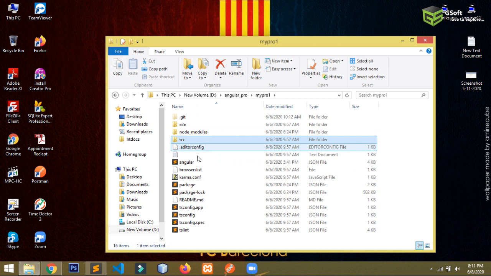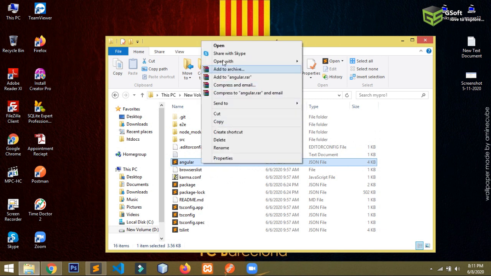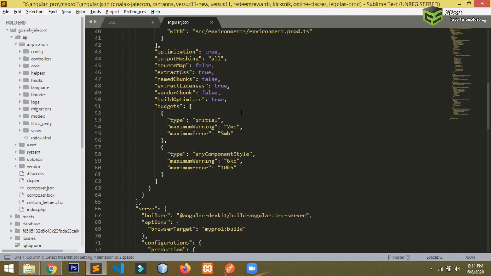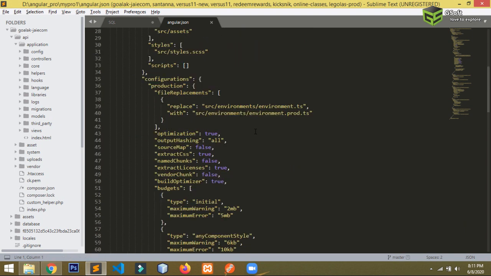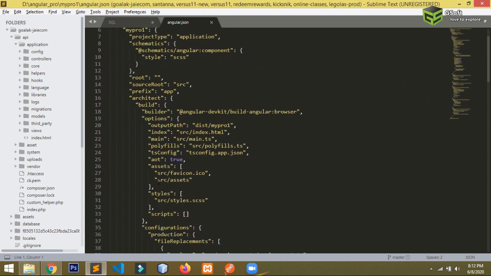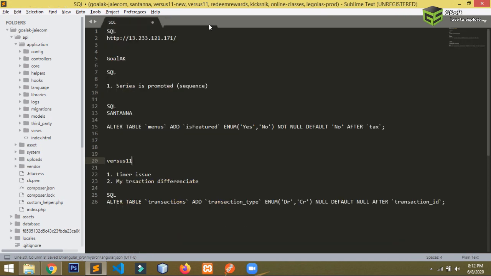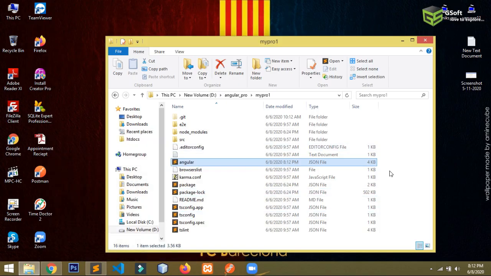Then we have got some more files here. We have got the angular.json file. This is the file where you will be putting all the paths of the required files. Suppose you want to add Bootstrap JS or Bootstrap CSS, you will be adding it here. Let me show you. This is the styles array and this is the scripts array. You have to just put it with a comma like this, and I will be showing it later on in this video. So this is just a definition of what the file is used for.